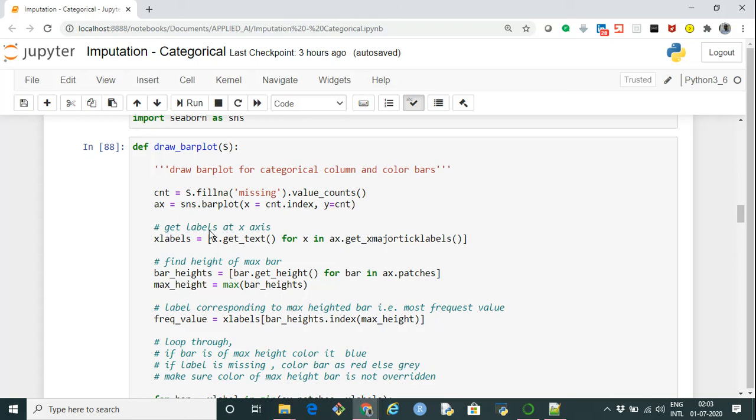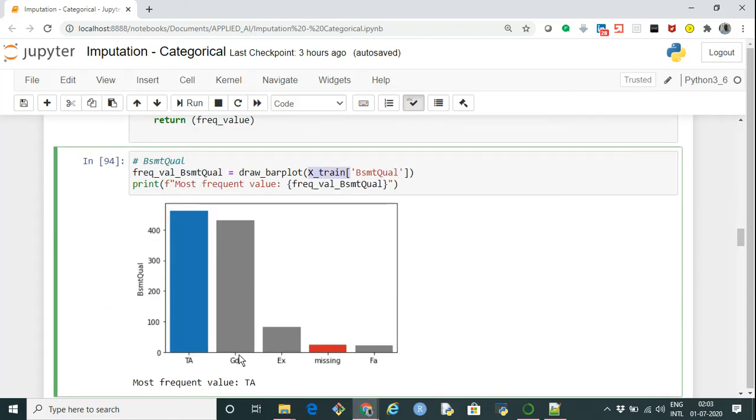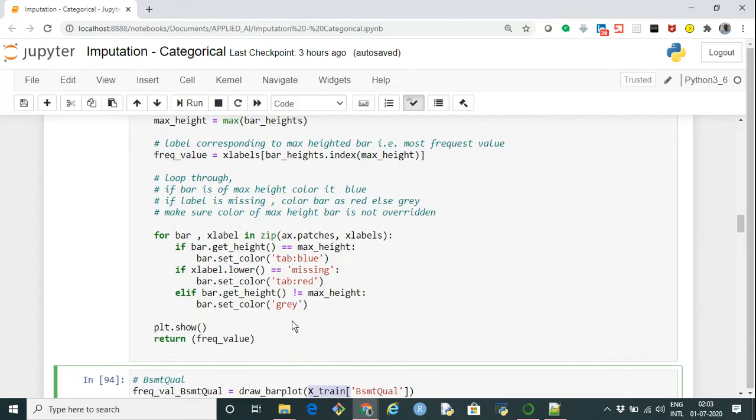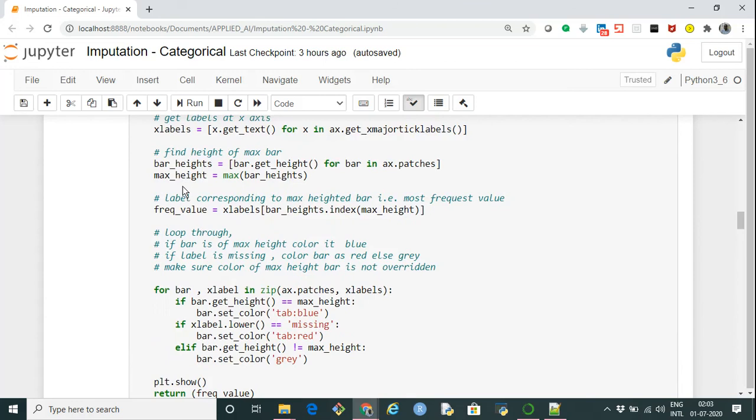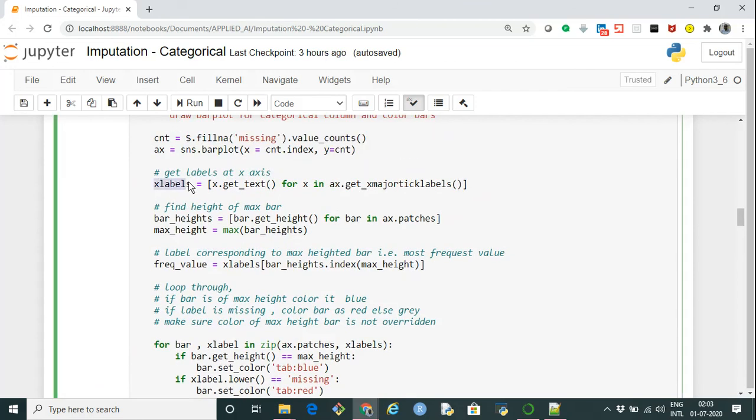Then I'm checking each x-axis major tick label, gathering all the text at the x-axis into x labels. So this will be a list of all these values like TA, GD, EX, missing, and other values.